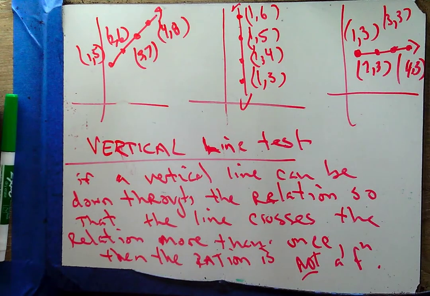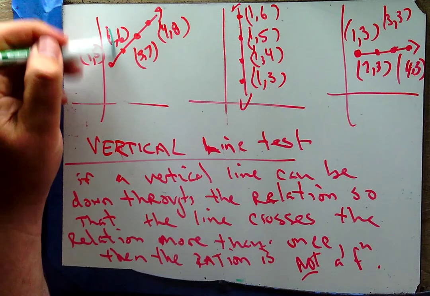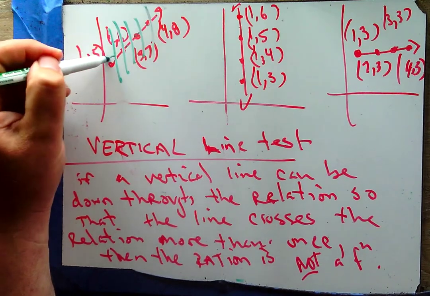All right, so if I draw a vertical line anywhere here, I only cross once, so